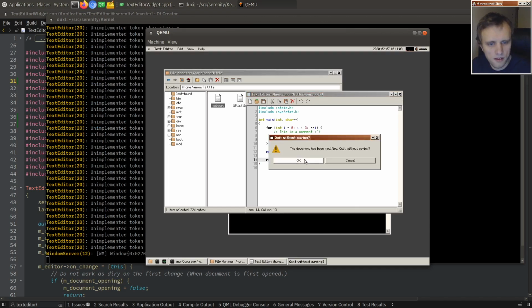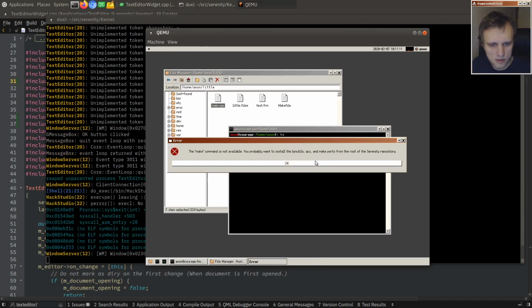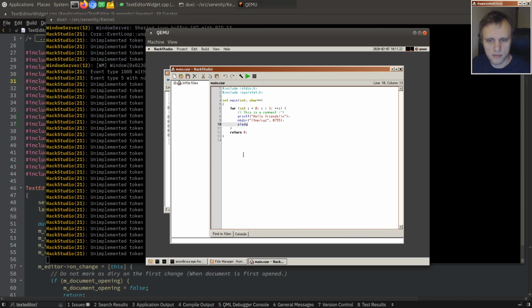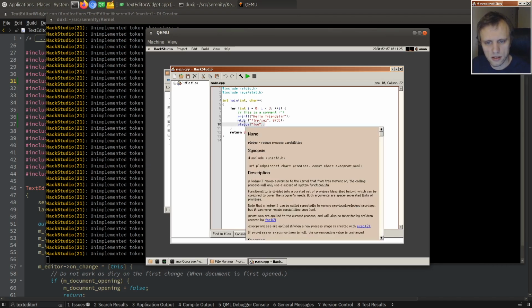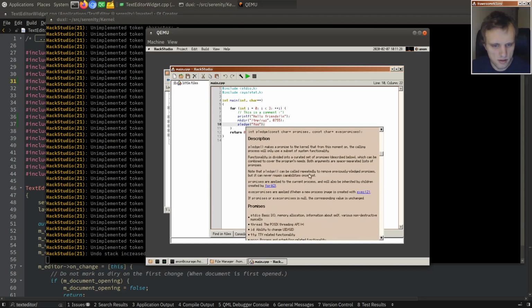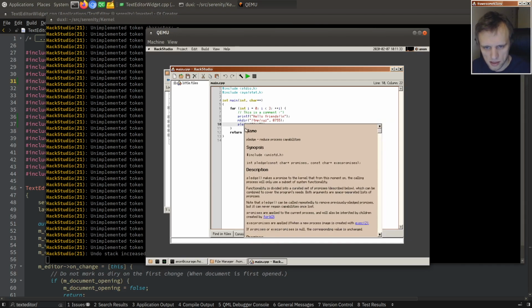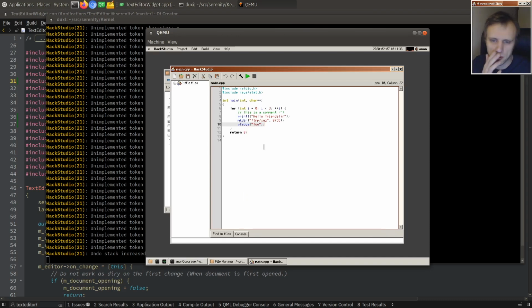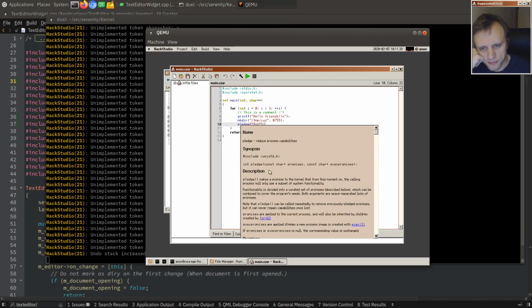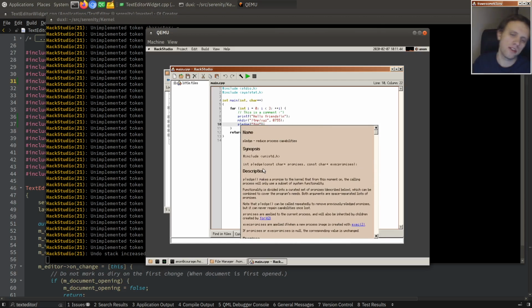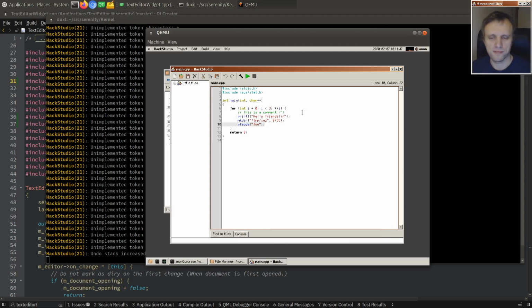Cool. And oh yeah, let me show you that thing I was talking about where we show the man page. So for mkdir here, you can see the mkdir man page. And if I were to call something else, foo, then I can get the man page for that. Of course, this is scrollable, although it's not super easy to use because if you mouse in just slightly the wrong way, then it goes away. But I think that's something we can improve on. And it's a feature I quite like. Anyway,